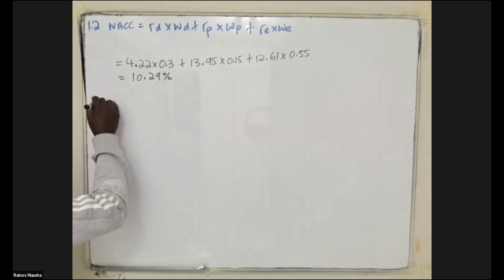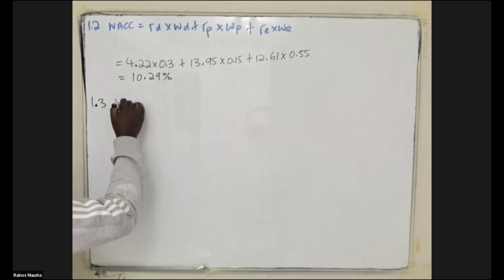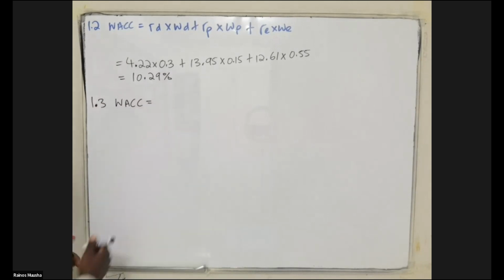For question 1.3, our weighted average cost of capital is going to be equal to, now when we're calculating the weighted average cost of capital above the breakpoint of equity or of ordinary shares, it means that instead of utilizing the retained earnings, we're now going to be utilizing what? We've now exhausted the retained earnings amount available. So if we need more contribution coming from ordinary shares, we're going to be utilizing what? The issue of new ordinary shares at a different cost. So which means in this case, it becomes